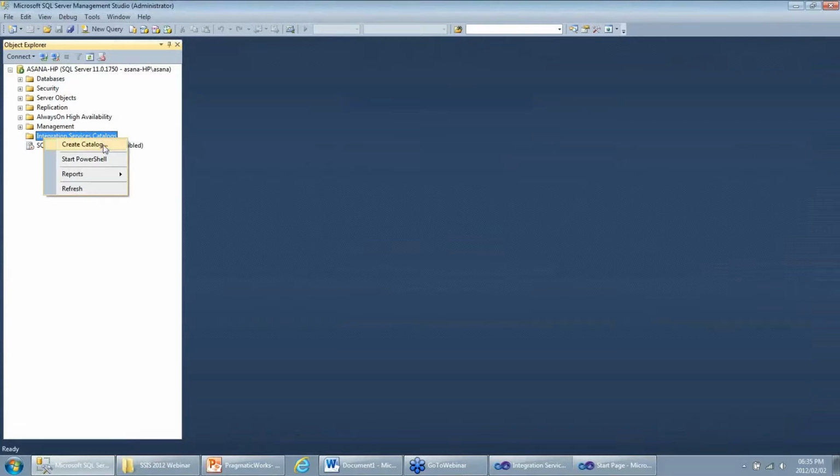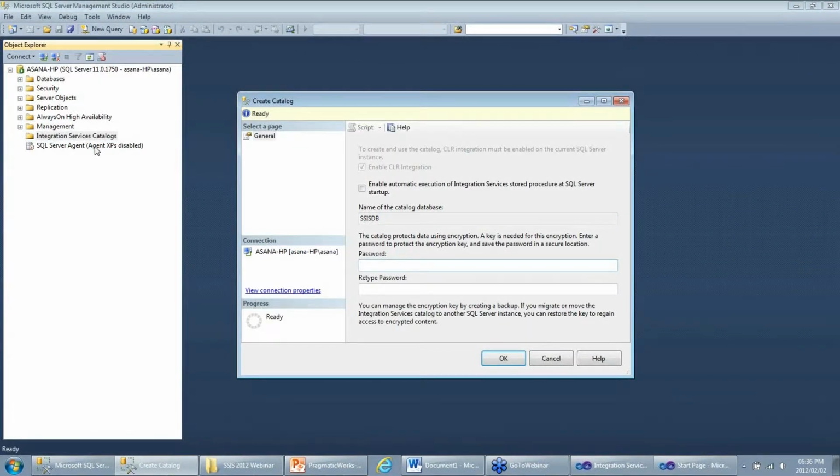After right-clicking, you get the option of Create Catalog. I'm going to quickly click on that, and you would get a pop-up box where you need to enter some information and also set up CLR. One thing to note is that for integration services catalogs, you would need CLR integration enabled. And this basically uses the common language runtime within SQL Server, and that's used to actually manage and schedule and run all your packages. So I'm going to quickly give it a password. I'm going to hit OK,